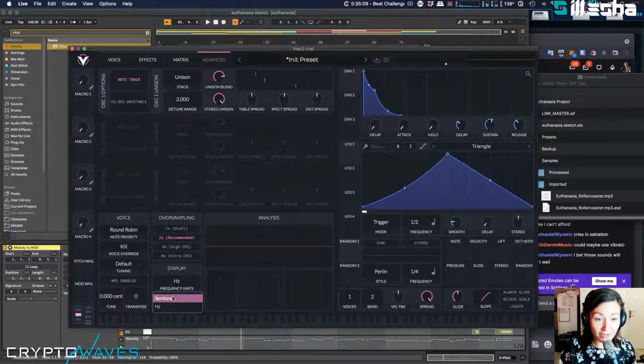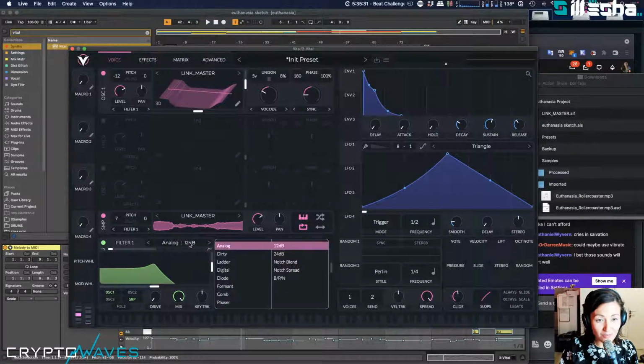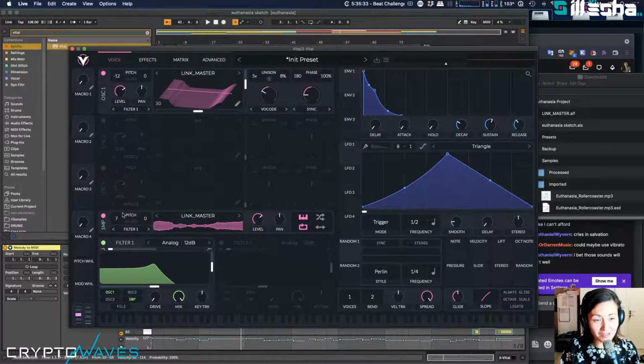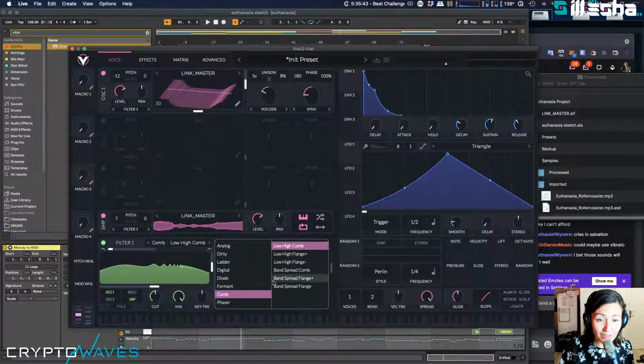However, in Vital, if I bring this to semitones, I can actually modulate a filter at an octave, like, say, 1 octave above. So if I enter a value here, I can say 12, 1 octave above the root note, right? And I can key track it. So this means one of the party tricks that I actually show people when they first use this synth is that you can put white noise in here with no pitch at all. And then you can put a comb filter